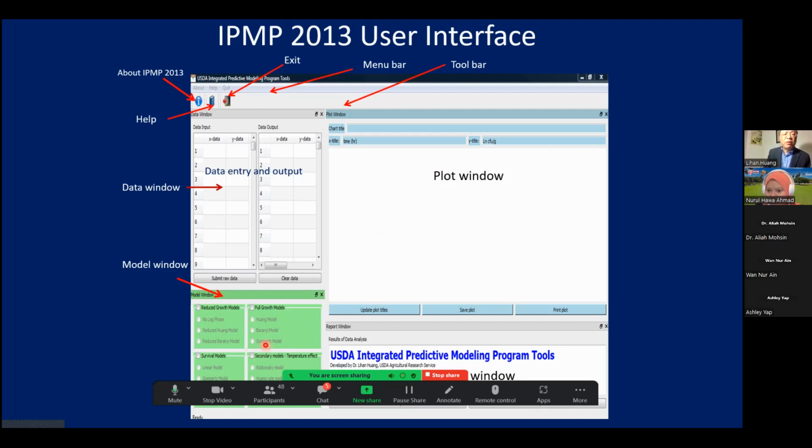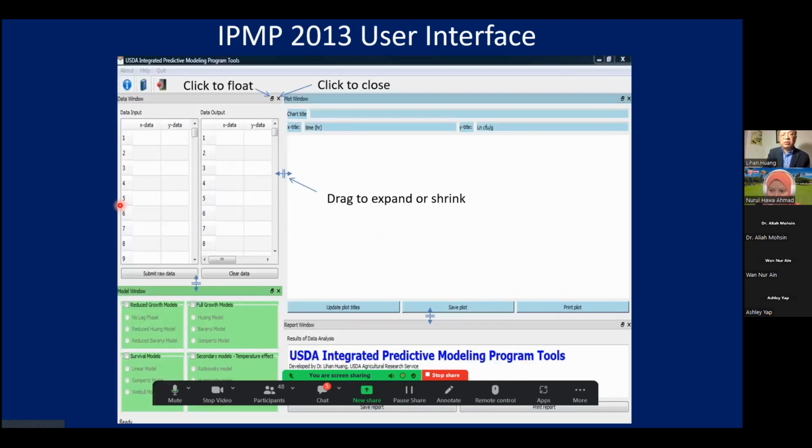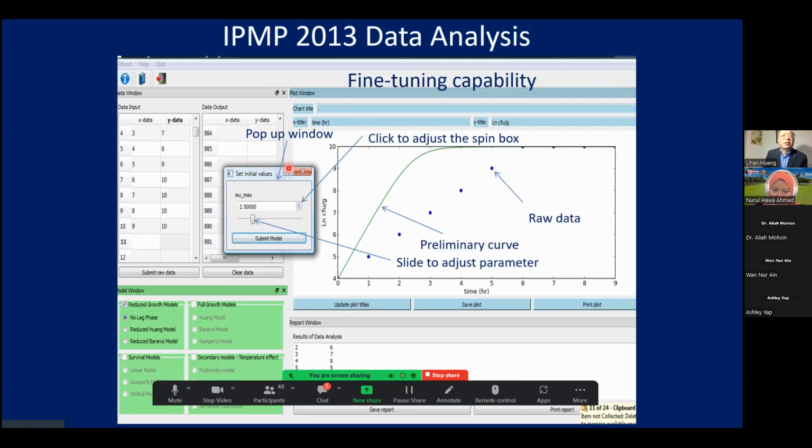Let me use an example. Everything can be dragged, expanded, and shrunk, so these four areas can be manipulated easily. Let's say you have a growth curve. Once you enter it, you click the Submit Data button, and the growth curve will be plotted automatically for you. If you look at this curve, you might think another model, the Logistic Baranyi model, could be used for this growth curve. You just pick and choose it, and once you pick it,